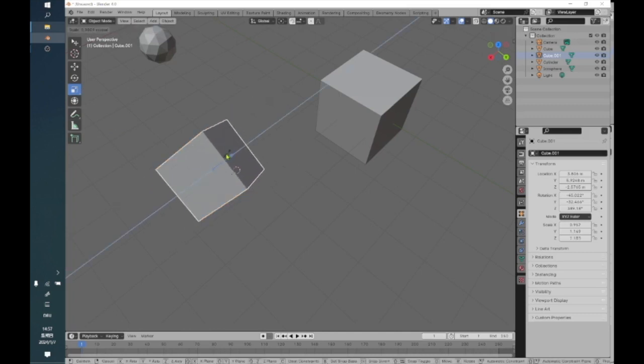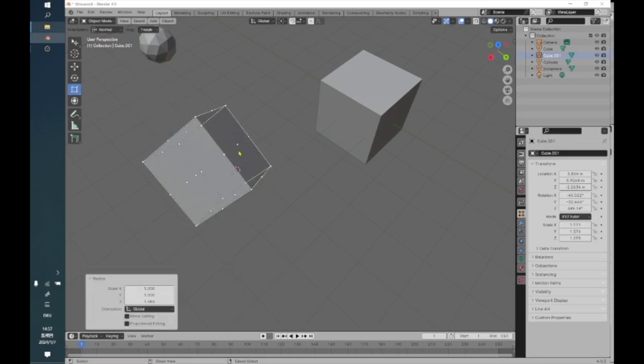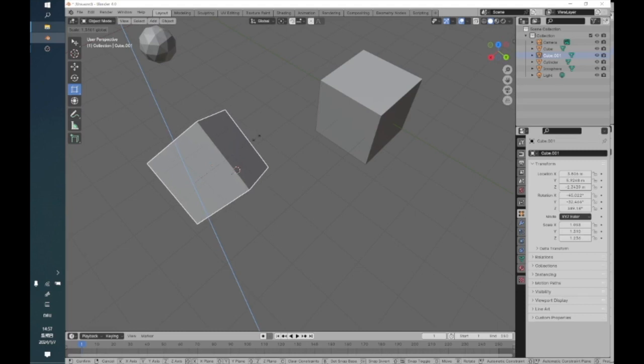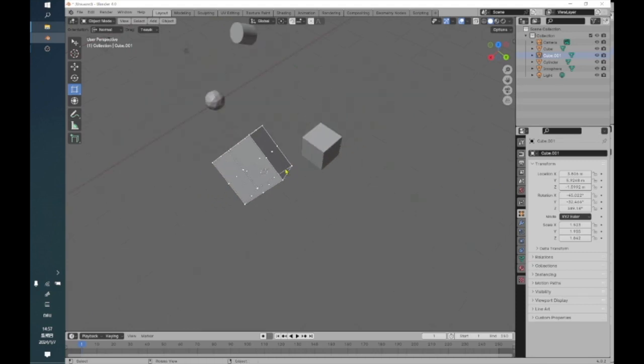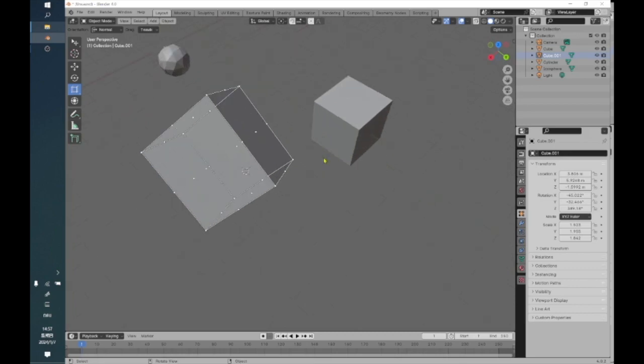You can still scale along the different axes, but if you have the scale cage, you see that it does not work. It will scale the whole thing proportionally. So I think the scale cage has its uses. If you need to quickly change sizes, it's very useful. But if you want to accurately change sizes, it's better to use the regular scale tool,